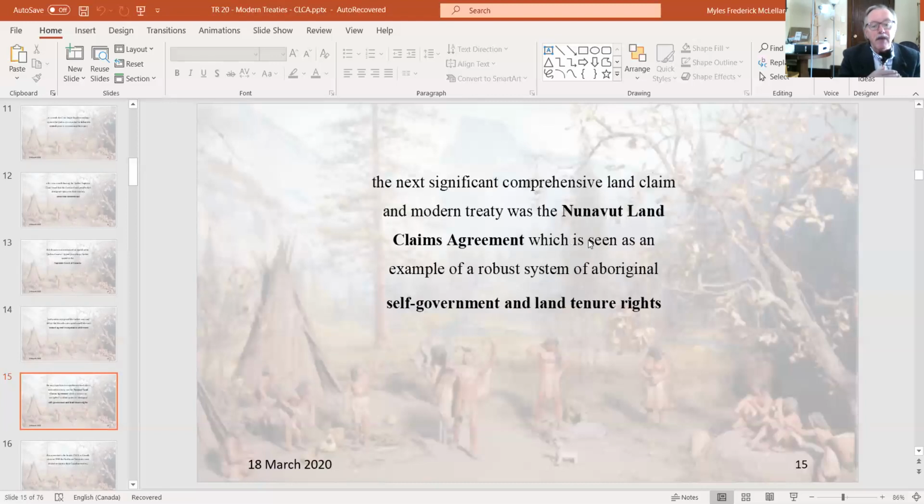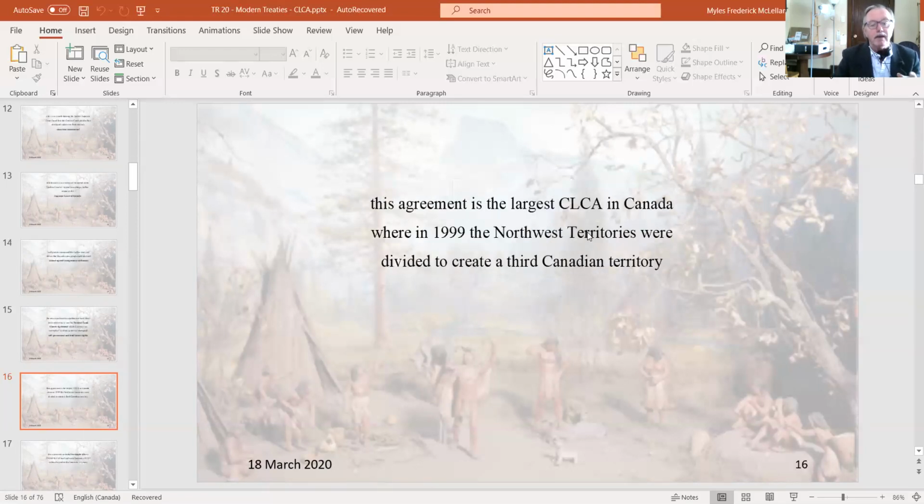After James Bay, the next significant comprehensive land claim and modern treaty was found in what's called the Nunavut Land Claims Agreement, which is really seen as an incredibly robust example of self-government and land tenure rights in a modern treaty. And that's incredibly important because modern treaties primarily